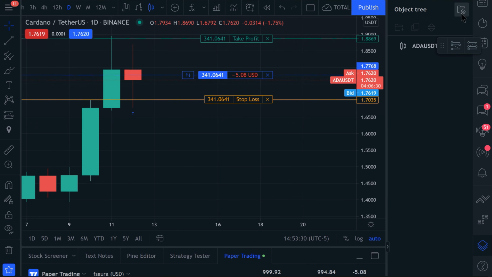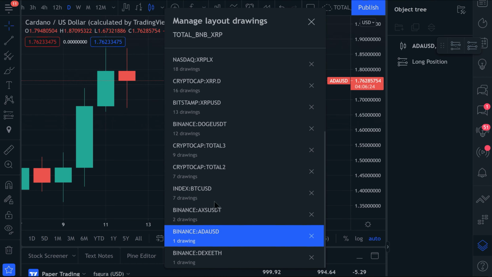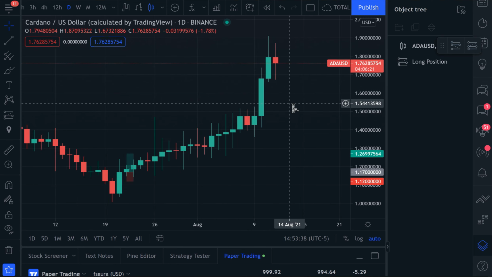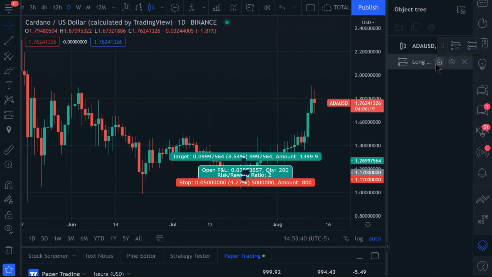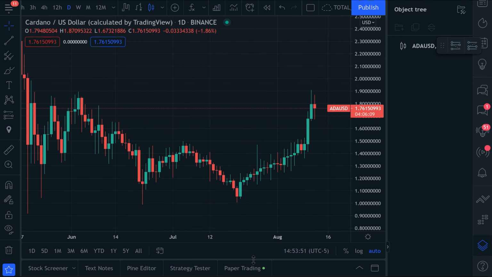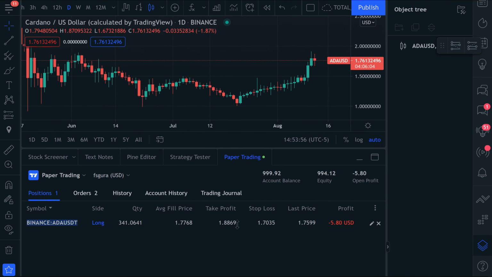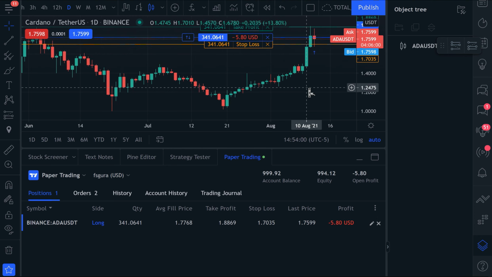And when you save that, in this object tree, you will finally have the ADA with the trade where we are, everything, but with the long position that I set up earlier without deleting, and I'm not interested because it was just an experiment, and with the paper trading trade here, just clicking on it, I will see my trade